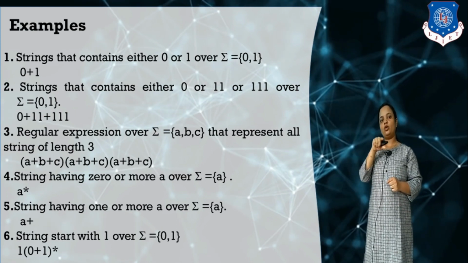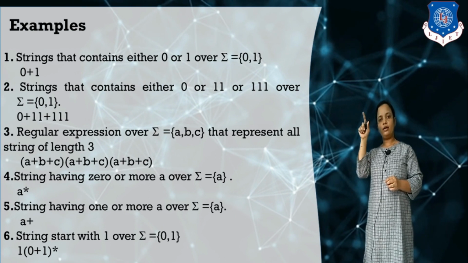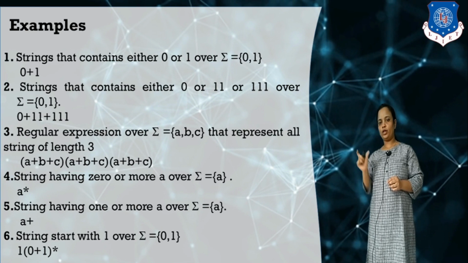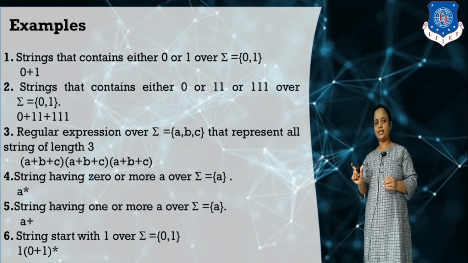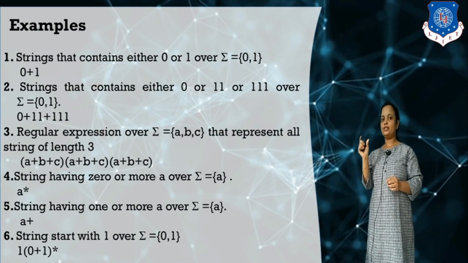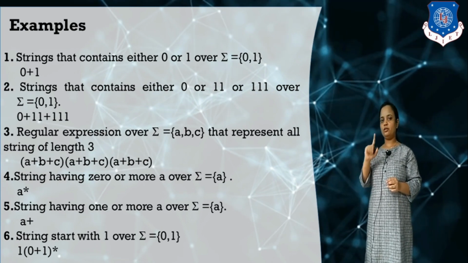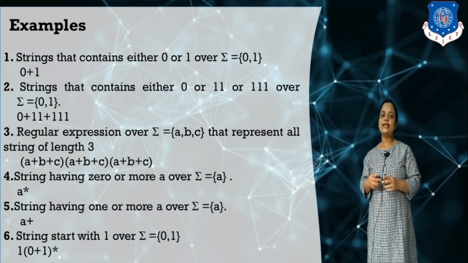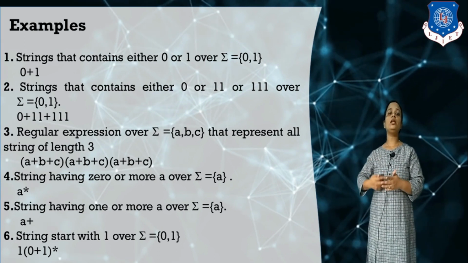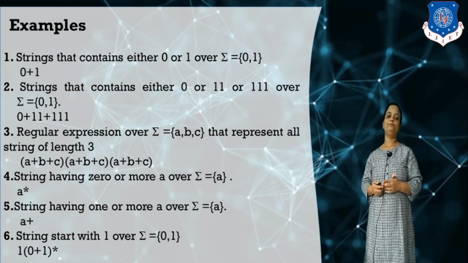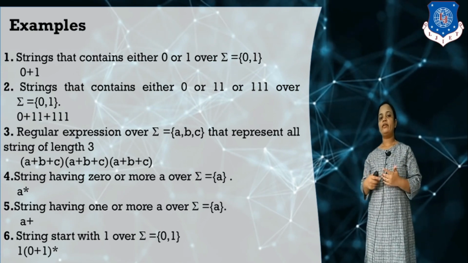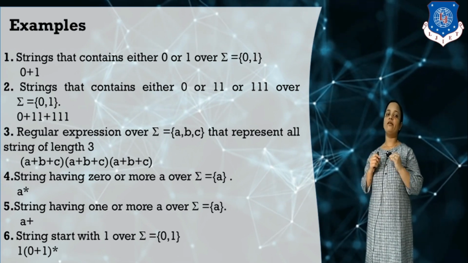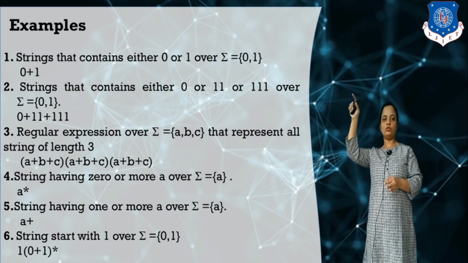In place of star I can put 0. It means 1 dot null, star replaced by 0. If you put 0, it means this term is null, length 0, so the null string is generated. If I put 1, it means this term is repeated only one time. Either you can take 0 or 1, so 10, 11, like this. Likewise we can write the regular expression for it. So always remember, whenever I say that any combination of 0 and 1 is allowed, it means we have to simply write 0 plus 1 whole star.